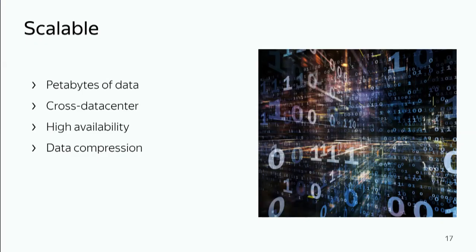Let's talk about features and what this is actually about. Scalable. I already said that it's scalable, but in our case it means petabytes of data, because in Yandex we have these petabytes, and across data centers it works fine. It works out of the box in a cross-region environment. High availability means that you can build a ClickHouse cluster which works with, let's say, any number of failures you want. If you want to build a cluster which survives a data center failure, you can do that. If you want a cluster which survives a data center failure and 2 server failures, you can do that,